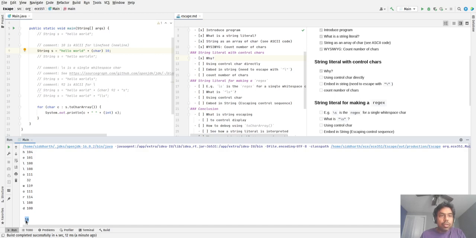So the string in this case is similar to what you would see in the source, except that we have added a 10.